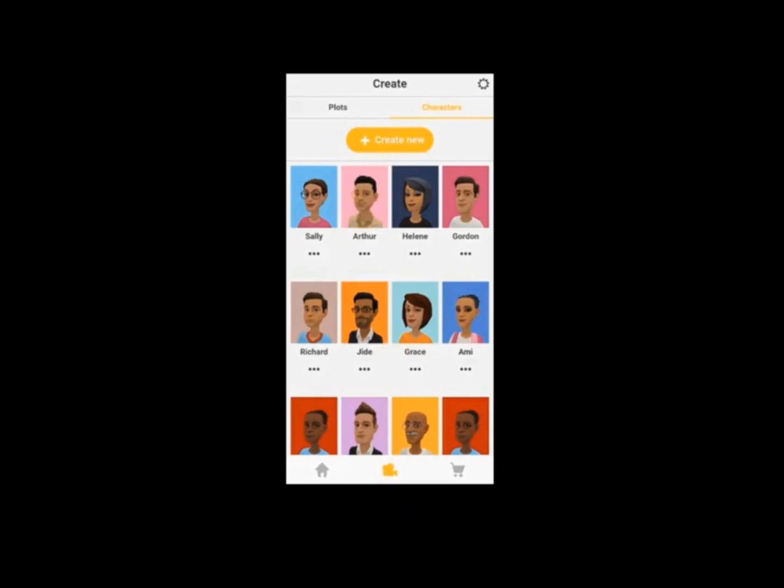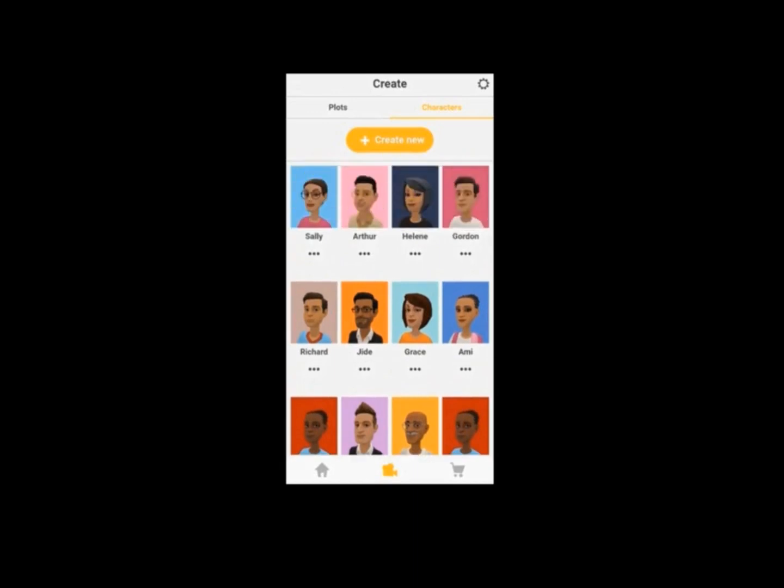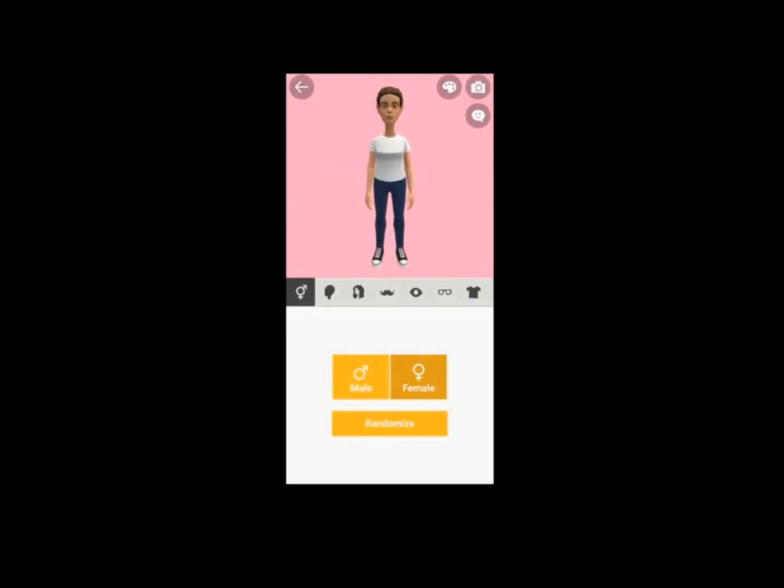It takes you to the next level, which I want you to understand how it works. Now we've chosen a character and we want to modify this character. This character here is a female, and as you can see, if you click female, it brings out the female character.